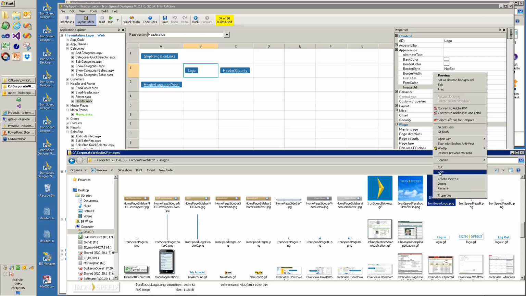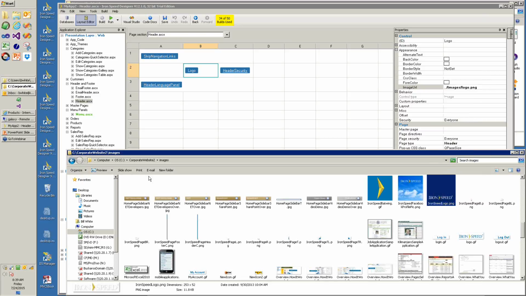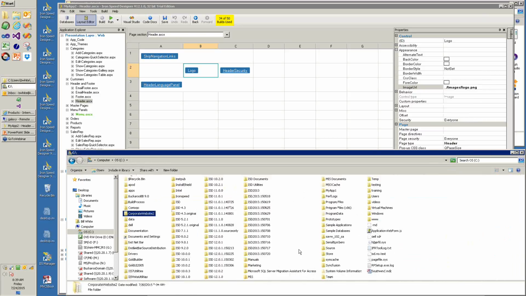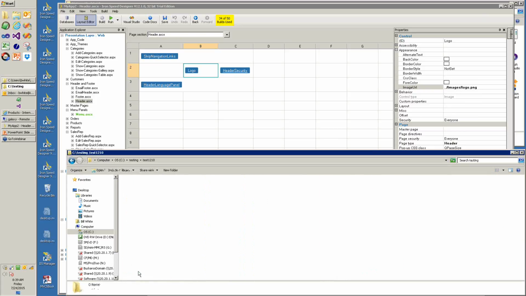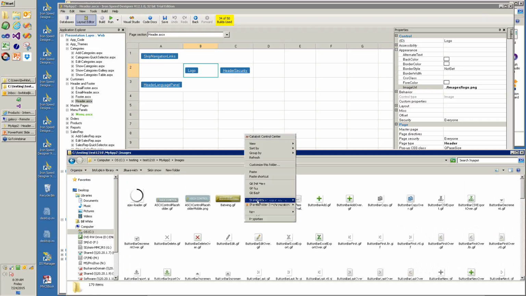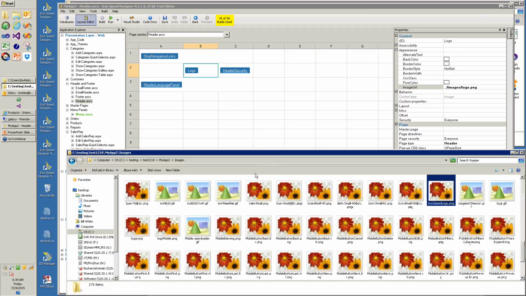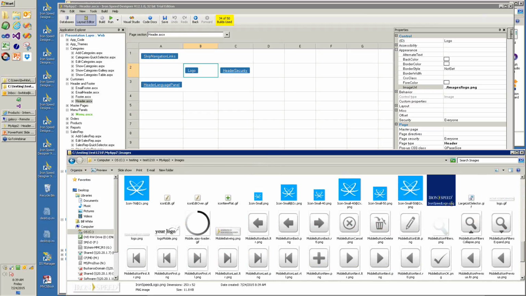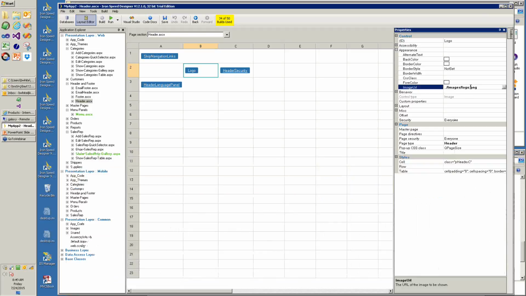So let's just copy this, take that image out to my testing folder in my 12.1.0 and use for my app 2. Here we have the application we're working on. So if I can open up that and go to its images folder and paste in my logo, and while I'm here, I'm going to go ahead and copy the text of that file name, because I'll use it to update the